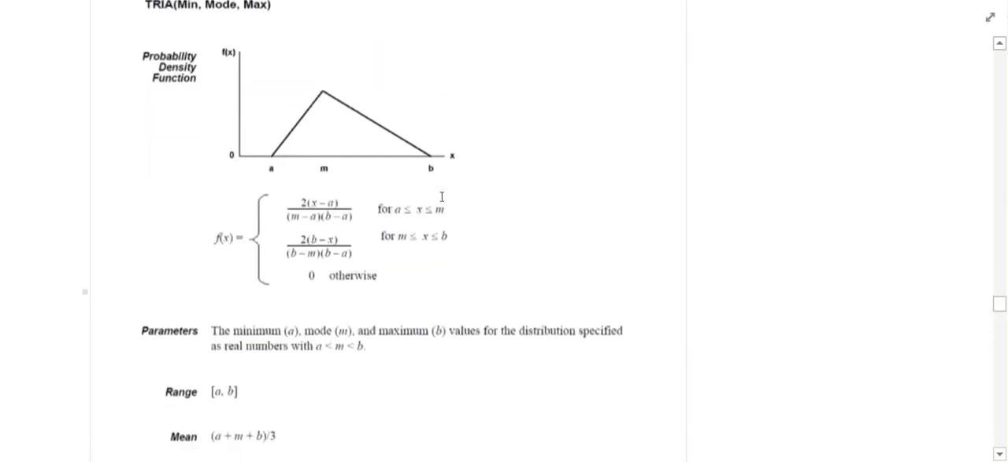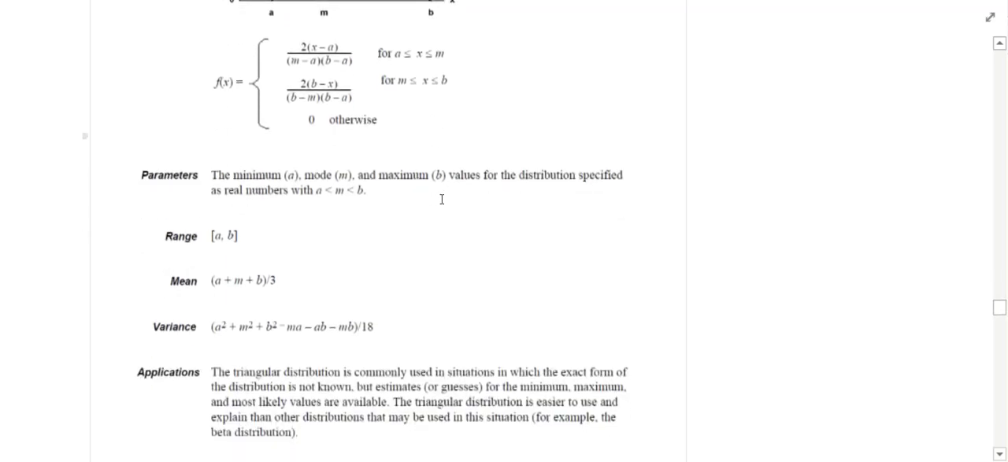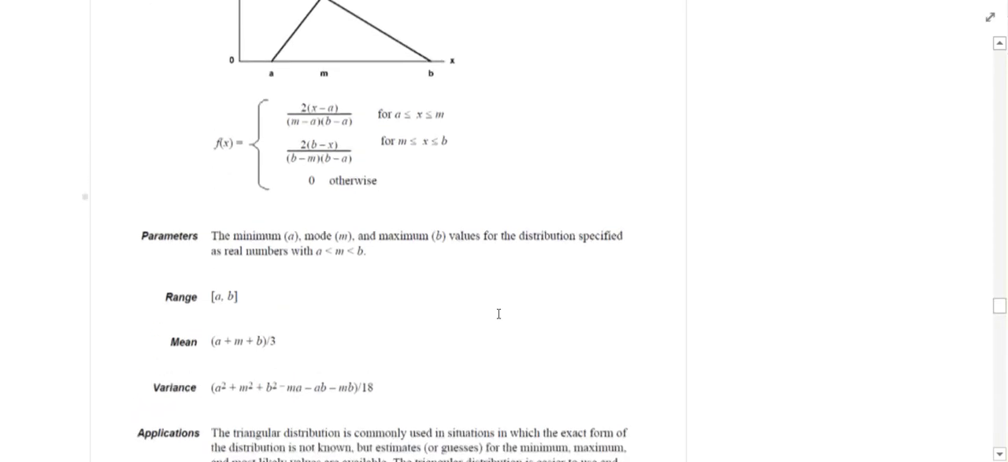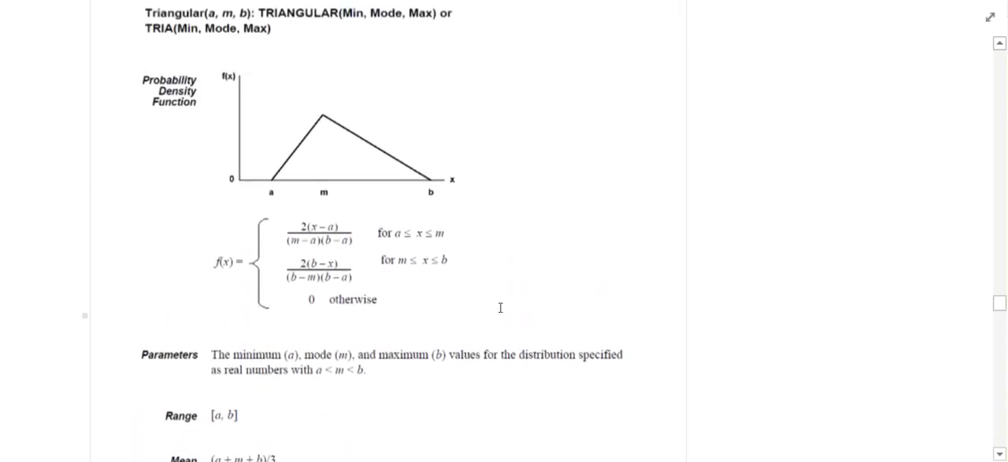We use this for a number of different things in areas where we could come up with a reasonable idea. So it's used again in situations where the exact form of the distribution is not necessarily known, but estimates for the min, max, and most likely are available. And the triangular distribution is easier to use and explain than some of the other distributions that we've looked at, like the beta and others. So it's fairly simple. We use it for things like arrival times,